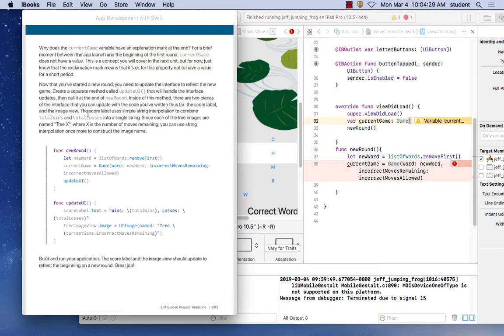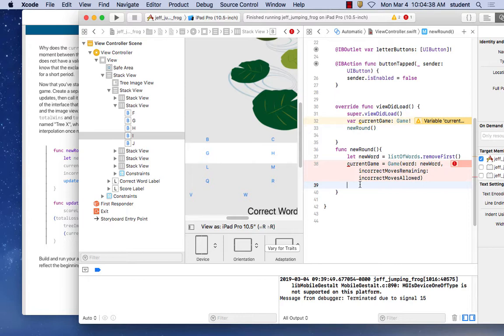So again, you can do something called updateUI, and then of course you have to build the updateUI. So they put the updateUI inside here, and incorrect moves remaining allowed should be